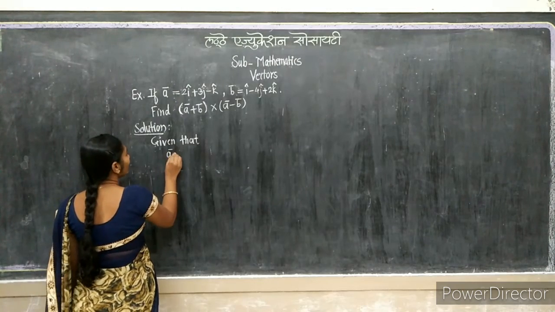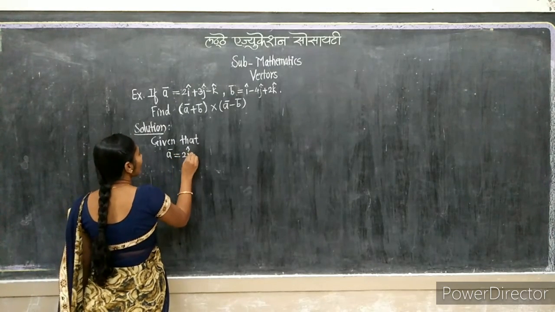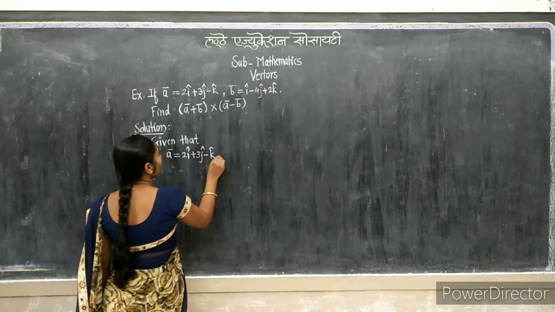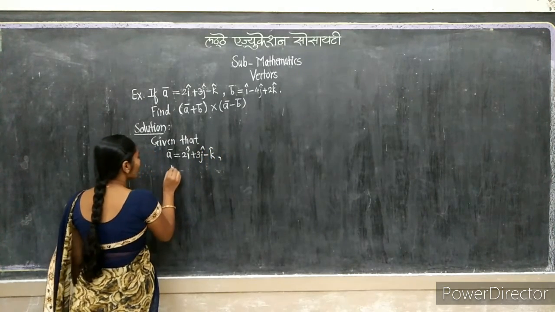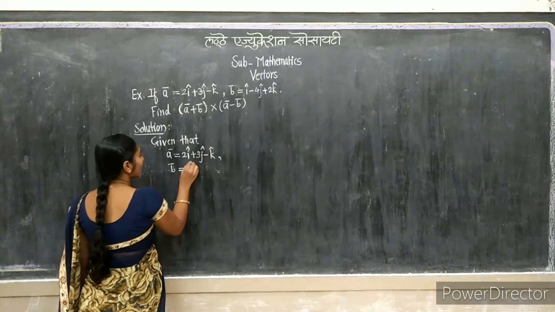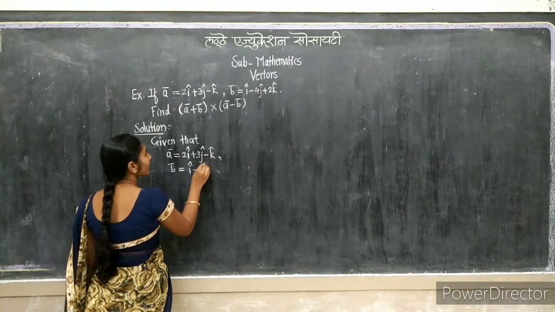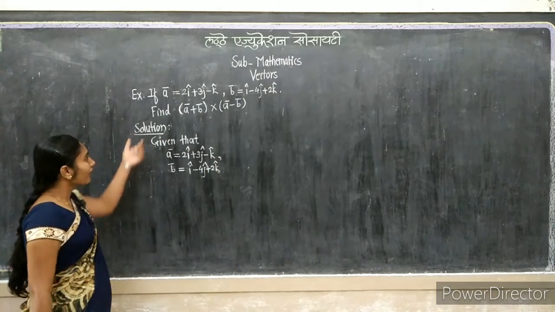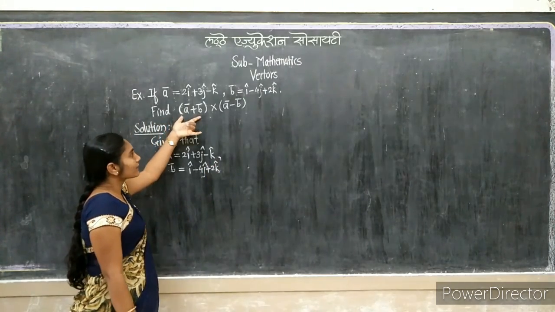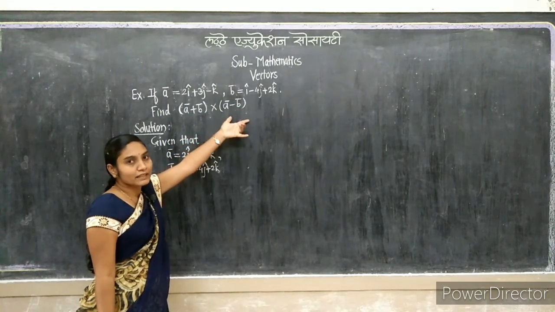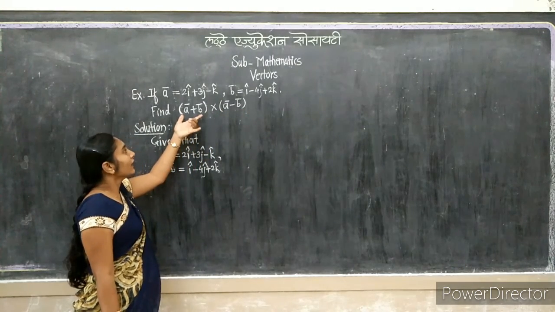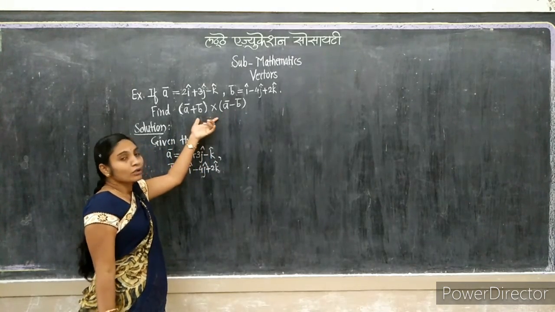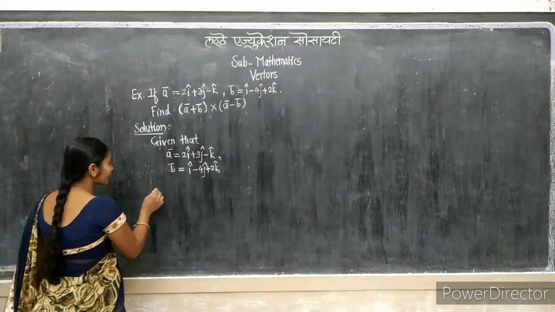Given that a bar is equal to 2i cap plus 3j cap minus k cap and b bar is equal to i cap minus 4j cap plus 2k cap. Here find out a bar plus b bar cross product with a bar minus b bar. That's why first find out a bar plus b bar and then a bar minus b bar and then take the cross product. Okay, first now